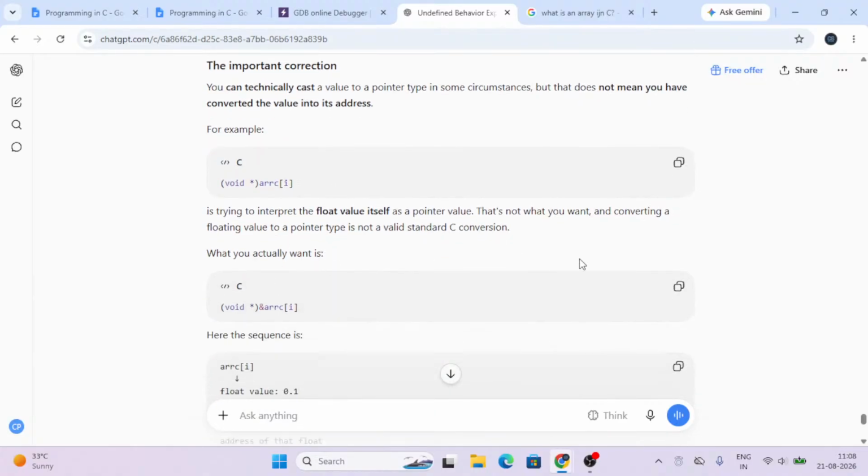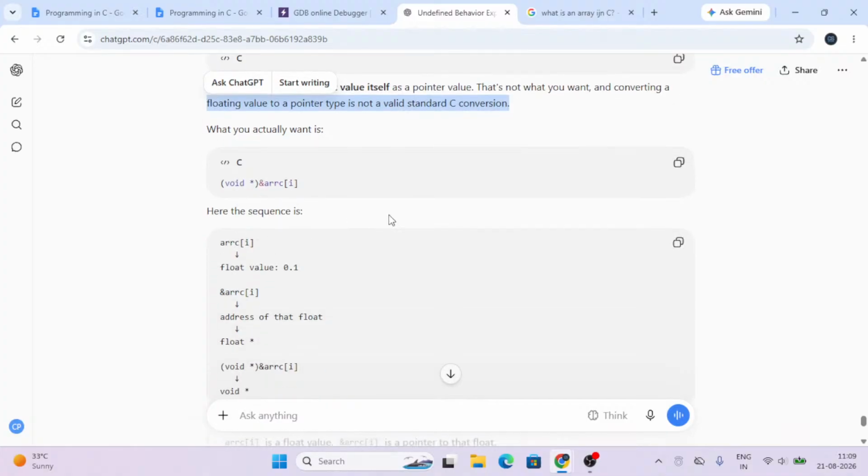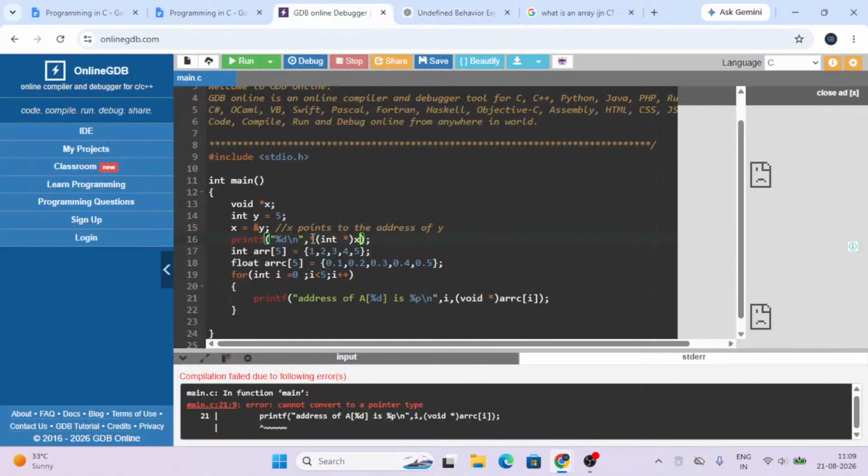ChatGPT is hallucinating; I am discussing the address, I just want to mention the concept. You can see it says float value to pointer type is not a valid candidate conversion. Yes. So even if I remove this one,